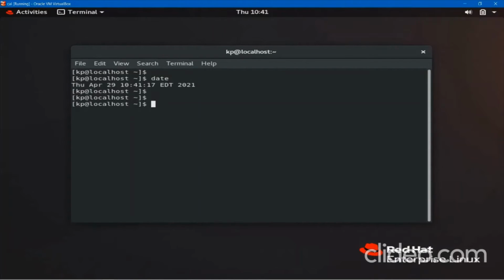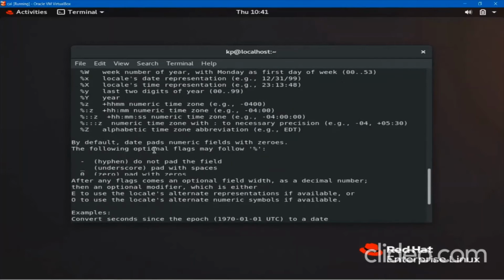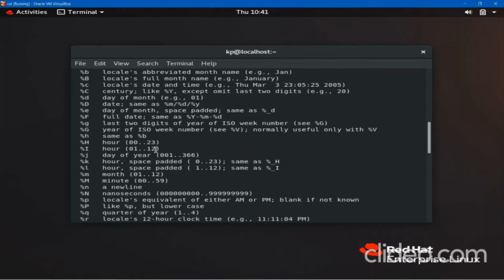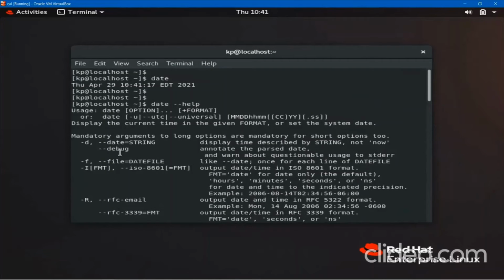Okay, so one more thing, if you want to see more about date, what options they support, or options are sometimes known as flags, you can use --help. It will show the entire list. You can just scroll up and see here, these are the options. A lot of options are there. Just go and explore yourself, do the practice and all. These are some flags or options supported. The usage is date, then option, then plus symbol with format.